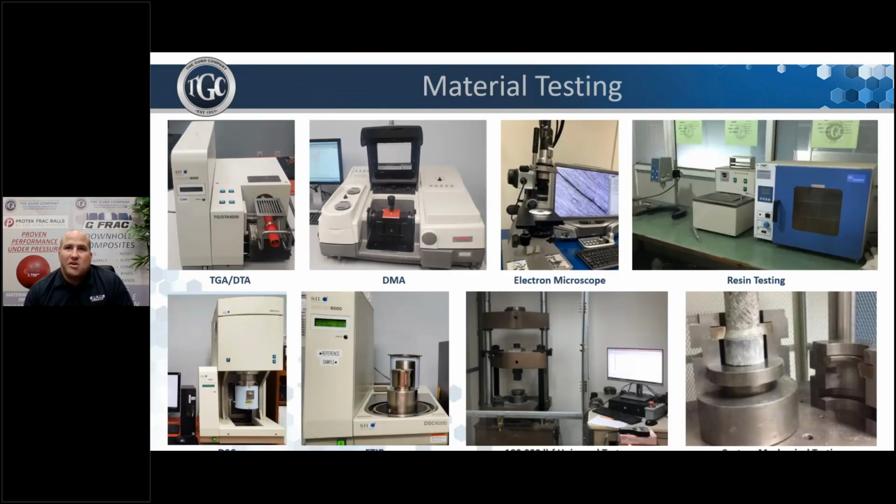Now that we've discussed all the manufacturing methods, let's review the different ways we can test and characterize composite materials. We have material test labs at 8 of our locations in 5 different countries. We have test fixtures for performing standard ASTM or ISO tests for tensile, compression, flex, and shear. In summary, we can do full material characterizations.